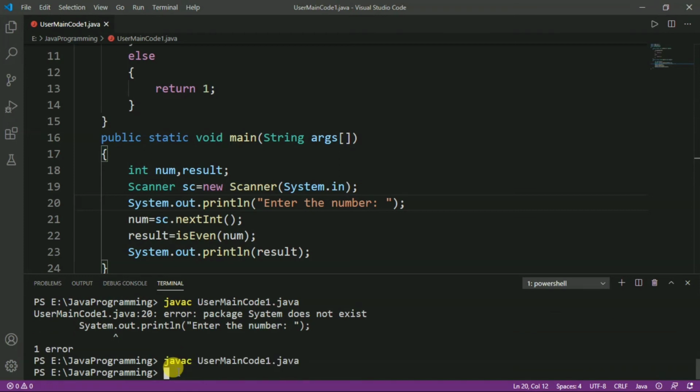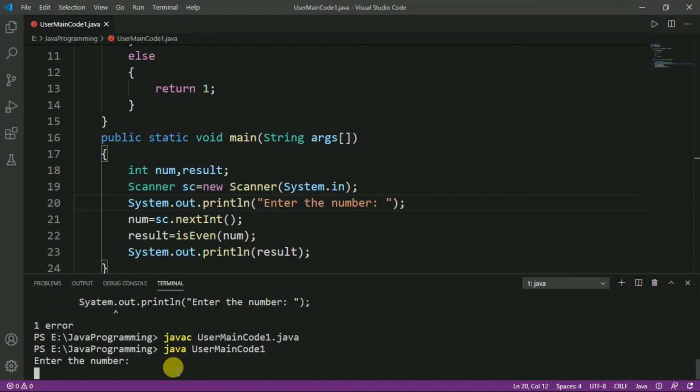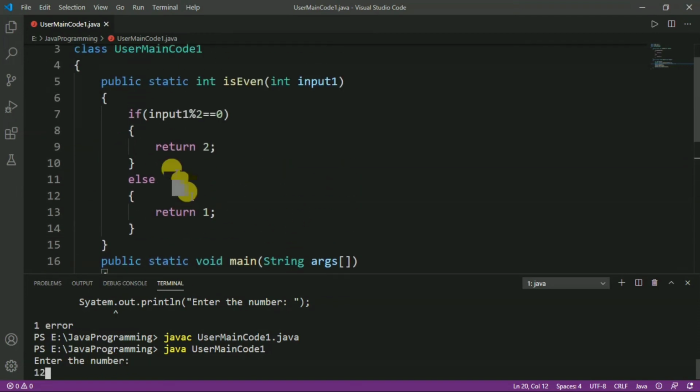Now, fine. Now, we have to write java and the program name, UserMainCode1, and press enter. Now, let us give any number, let us say 12, and we know that 12 is an even number. So, if the number is even, our function should return 2.